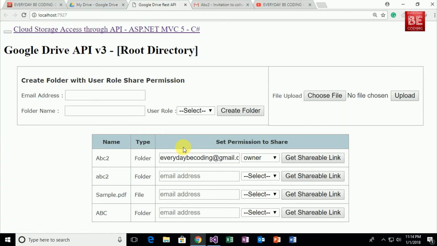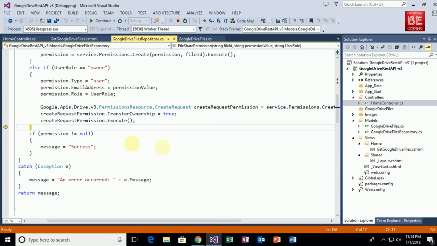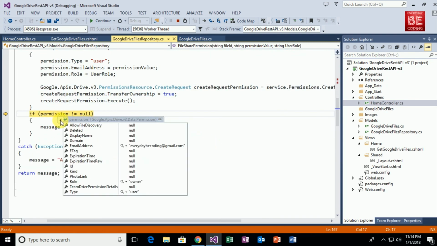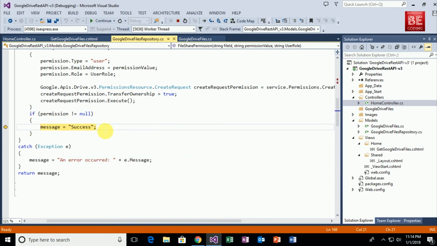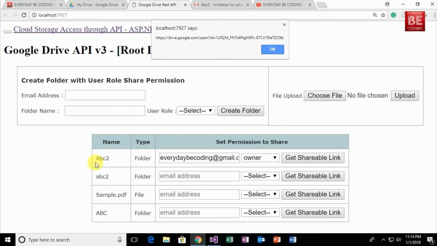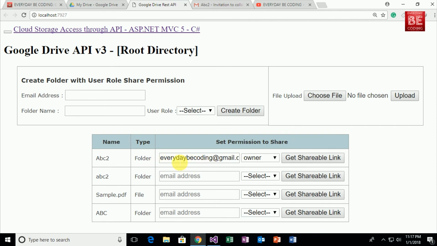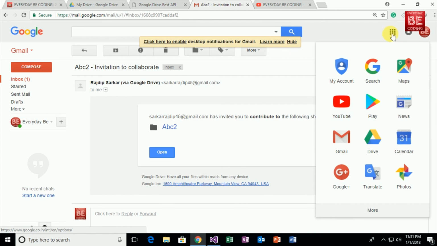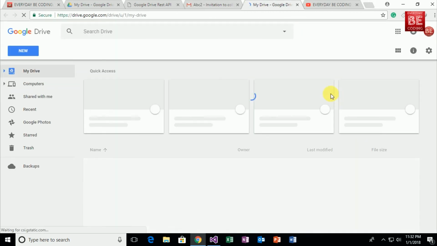The moment I do that, it does not give any error. That means it is executed successfully. Pressing F10 on my keyboard, permission is not null, and it returns a successful message. And the moment I press F5 on my keyboard, it redirects to my browser. That means this folder is shared with this specific shareable link of everydaypcoding@gmail.com. And when I go to the Google Drive of this specific email address, open this drive, click on this menu option and click on this drive icon, and open this specific drive of